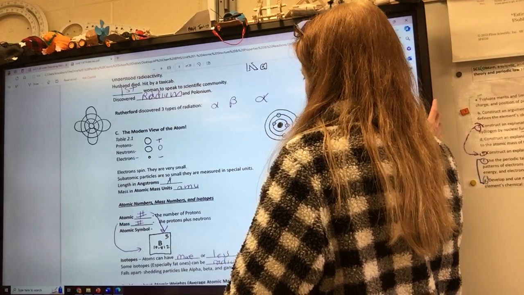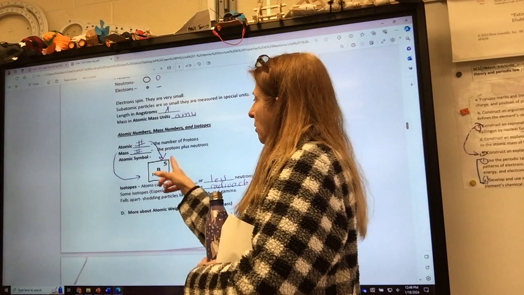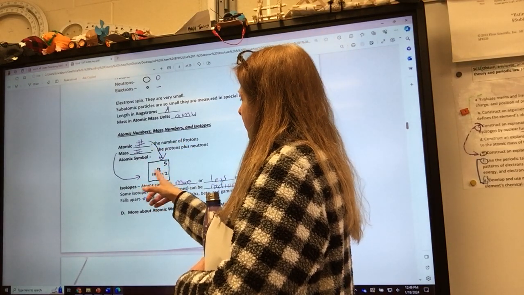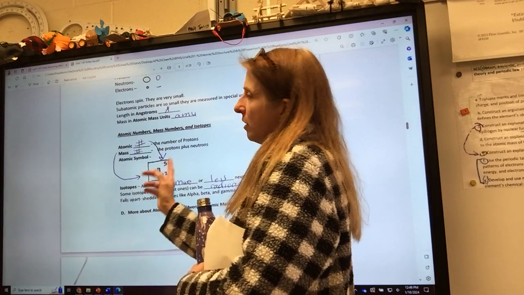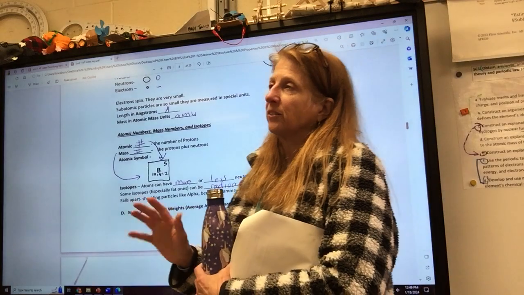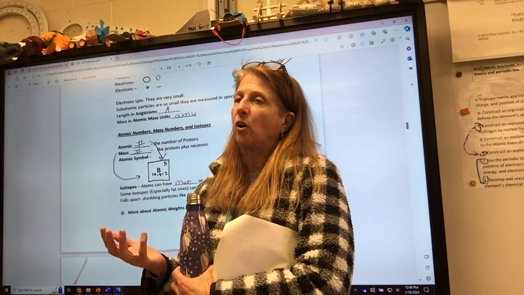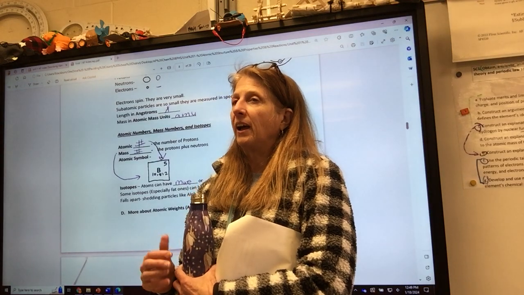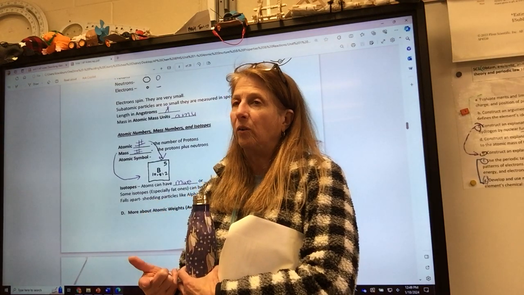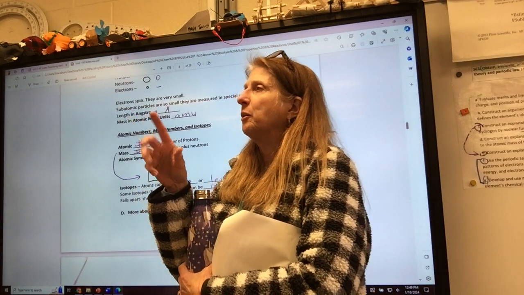Okay, atomic numbers, mass number, and isotopes. So the atomic number, like this is boron, is 5. That's the number of protons. The mass number is the decimal number, is the protons plus neutrons. Now, this is just a little extra thing. So, like if you had carbon-12, it's got 6 neutrons and 6 protons, so its mass is 12. Where does it come from? If you look on the periodic table, it's